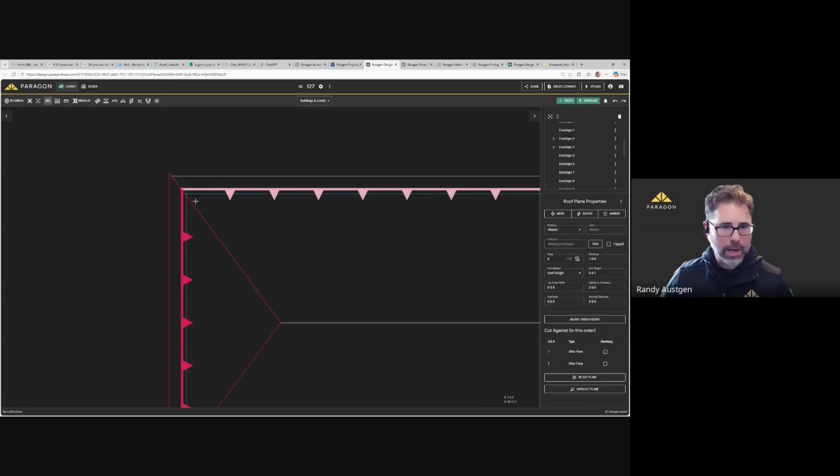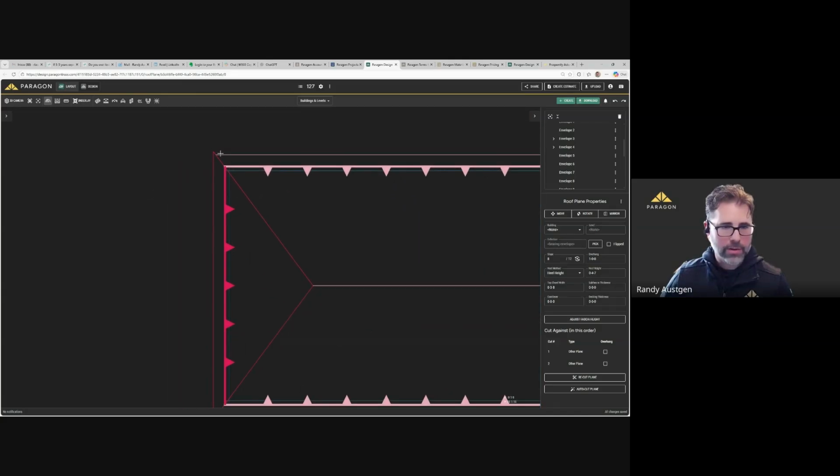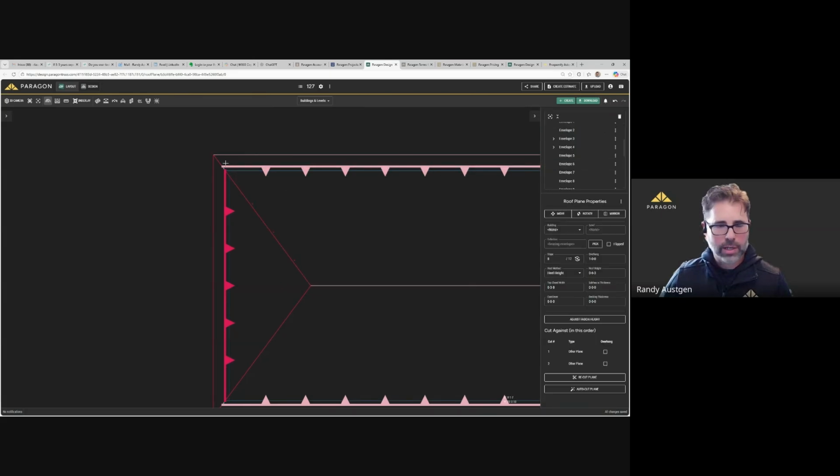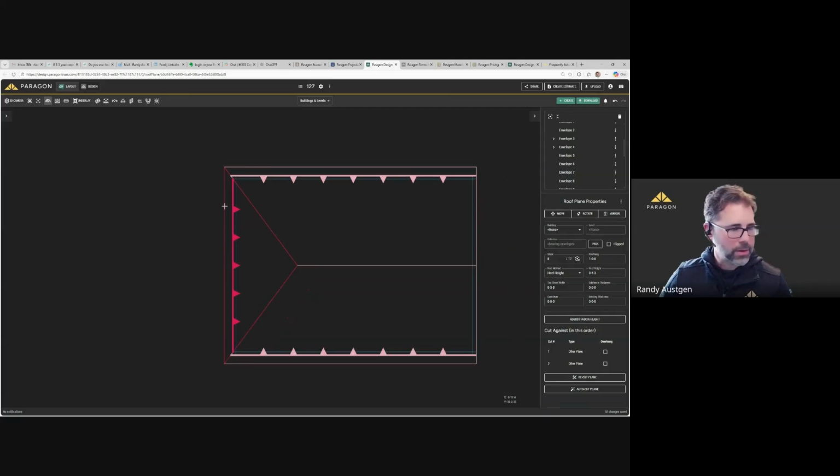Again, keep a close eye on the intersection. You see that 8/12 plane is extending out here. One more time: adjust fascia height, pick my 6/12, adjust, and there we go. It tidies that up nicely, and that way the fascia will align while maintaining a 1 foot overhang. And the heel height bumped up. It changed from 0'4", which is the default for the 8/12, to 0'6", which is 2 inches greater than the 6/12 pitch heel height.